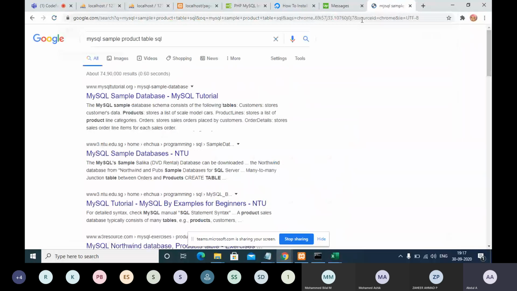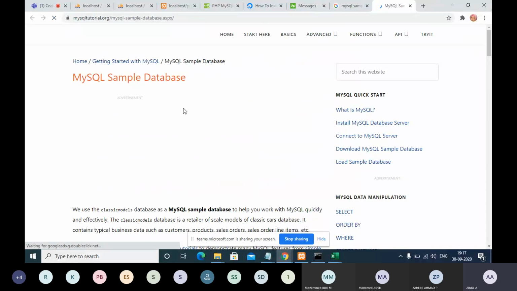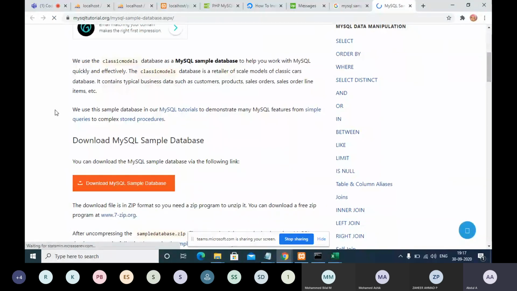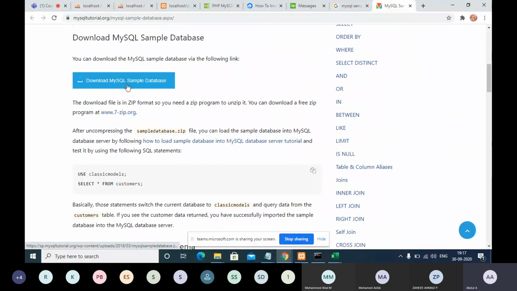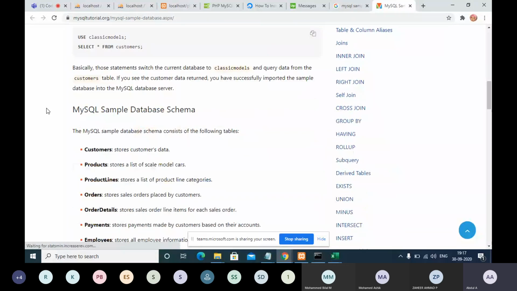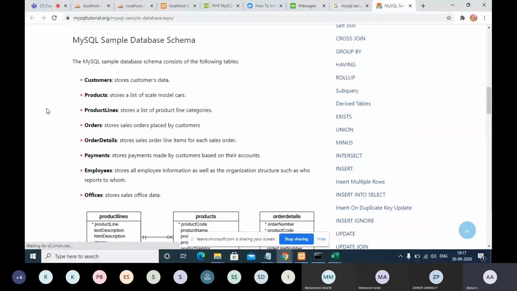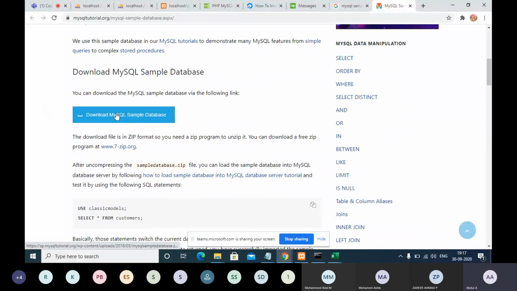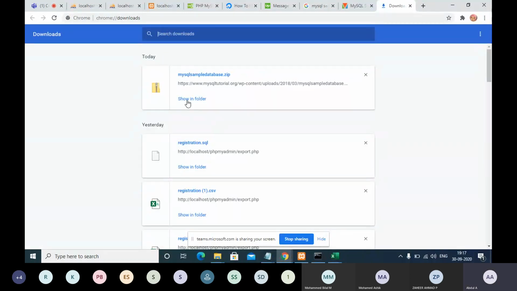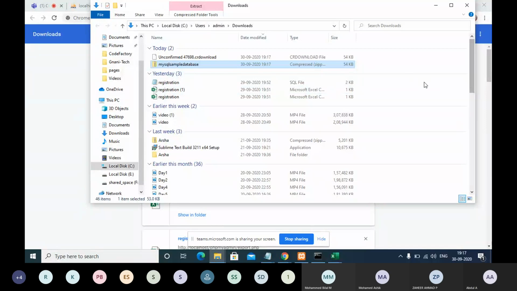MySQL sample database. Okay, because when you have a sample database with some products, you can understand. Yeah, so let me download this. I'm doing unzip.